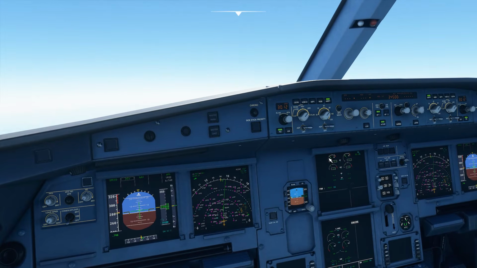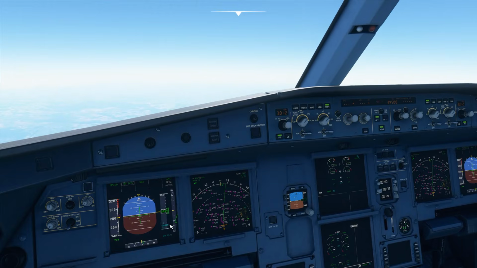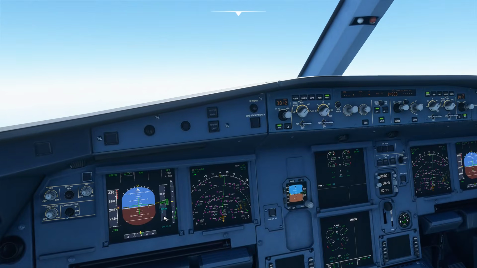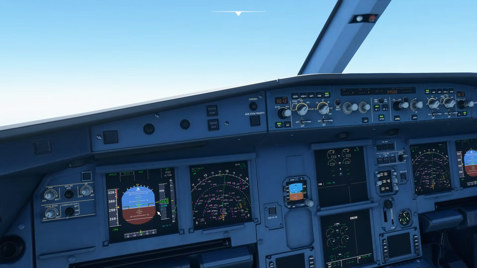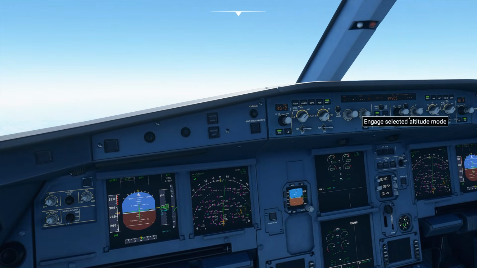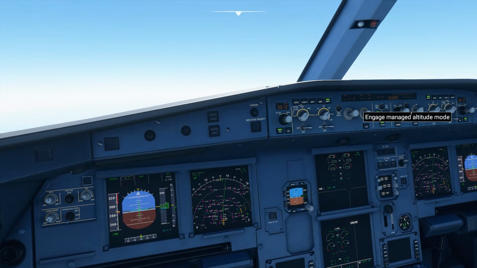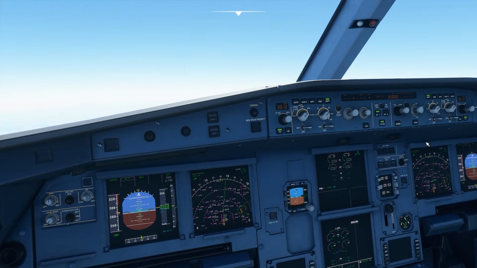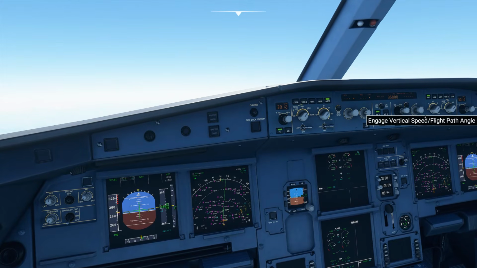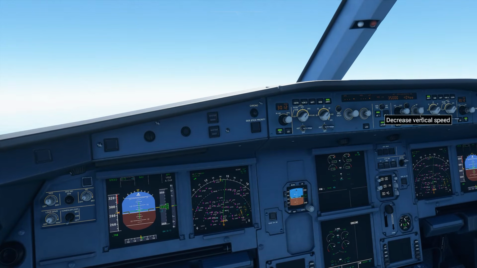For an open descent, the aircraft's thrust will come all the way back to idle, and then the aircraft will begin a descent, maintaining the managed speed down to 34,500 feet. Once we reach our selected altitude, we'll get out, and then the aircraft will level off and the thrust will come up again to maintain the speed. Similarly, if we want to climb back up to 35,000 feet, we can either pull or push and the aircraft will climb accordingly. But just to demonstrate vertical speed mode now, we'll pull the vertical speed selector. That will give us the vertical speed mode,